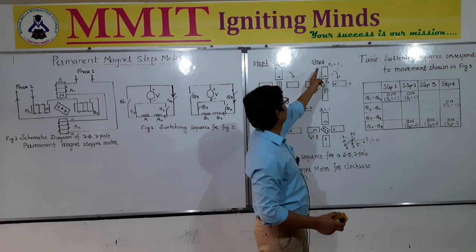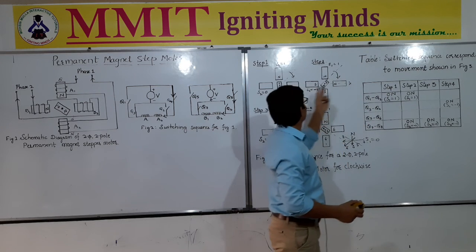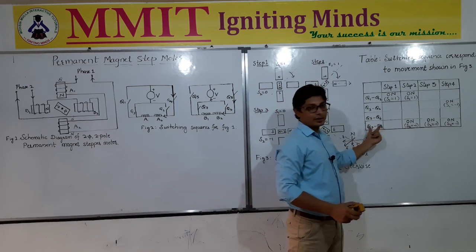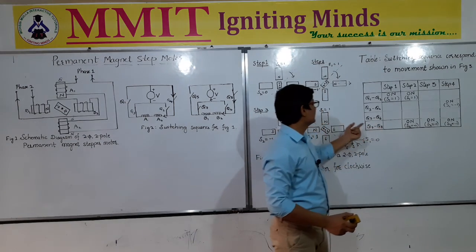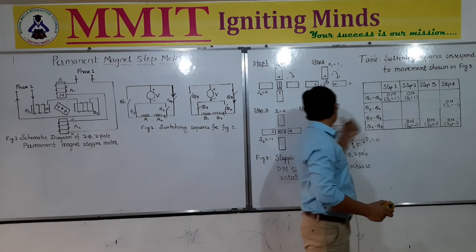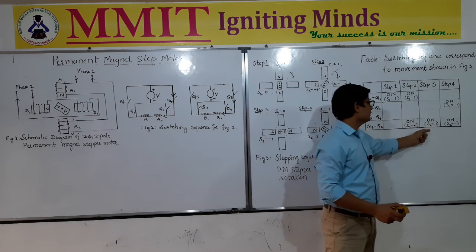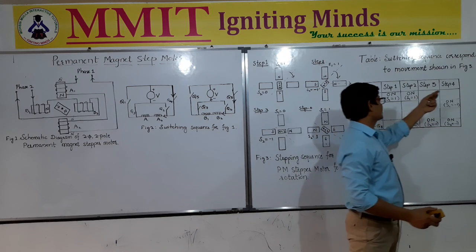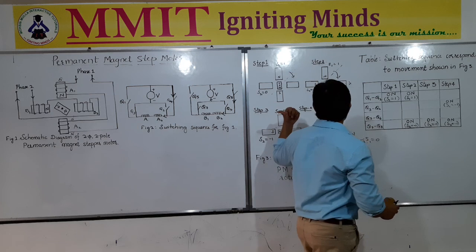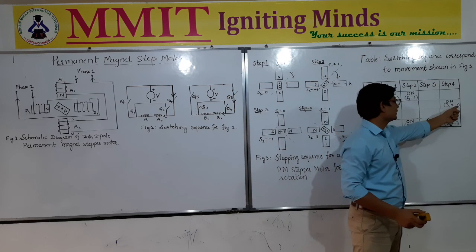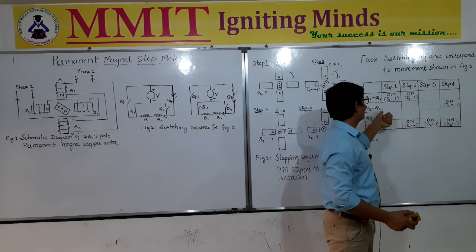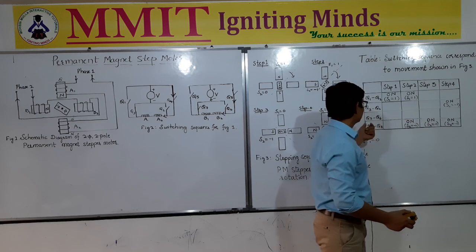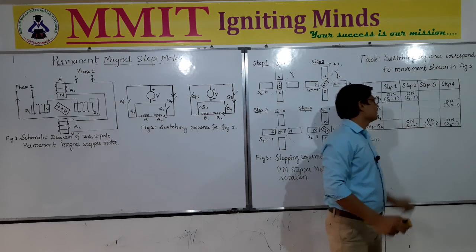In step 2, s1 equal to 1 and s2 equal to minus 1. s2 equal to minus 1 indicates what? q7 and q8 are closed. Similarly in step 3, s1 is 0, and still q7 and q8 are engaged, therefore s2 is minus 1. Similarly in the 4th step, the direction of the first coil is reversed, therefore s1 equals minus 1, indicating q3 and q4 are closed instead of q1 and q2. So this is on, and likewise q7 and q8 are still on in the 4th step.